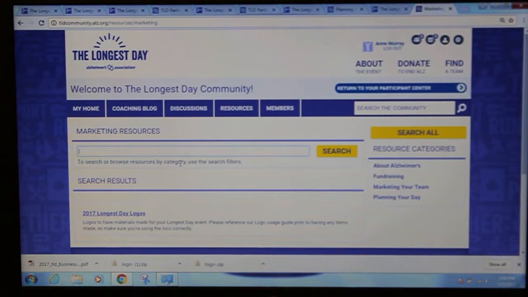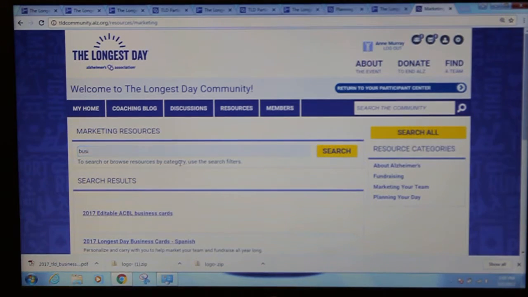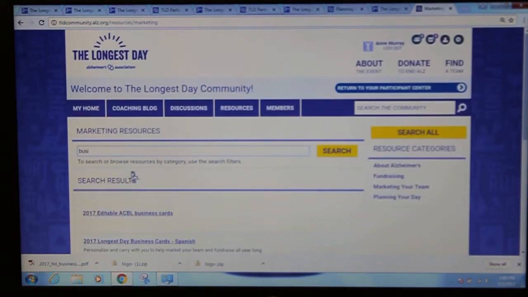Another thing that people really like are the business cards. So let's type in business cards, see what comes up. Okay, great. They're in Spanish, which is nice. We have several things in Spanish actually. Here we go, the 2017 longest day business cards. You can click on that, and it's a nice format where you can put your web address, your team name, what your activity is, and then you always have them handy, especially to send people back to your custom web address. If you'll recall, we customized our link earlier in the segment. The jar wrapper for loose change, corporate request letter if you're asking for donations or items for a silent auction,